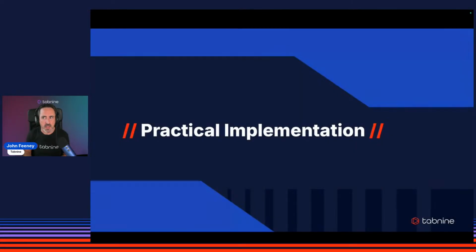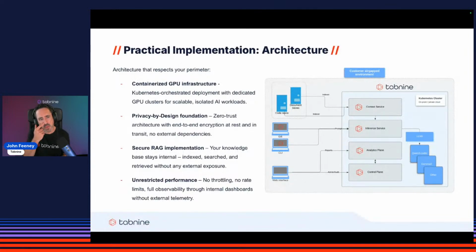All right, so let's get into the practicalities then. So here you're looking at a typical air-gapped architecture for AI. And really, this is all about building data privacy and data sovereignty as foundational principles here. So the first thing to point out is that it's a containerized deployment model, typically using Kubernetes orchestration. And very often there's a dedicated GPU cluster for the service. And this isn't just about using modern technologies here, but it's about ensuring that there's performance and scalability as demand goes up and down.